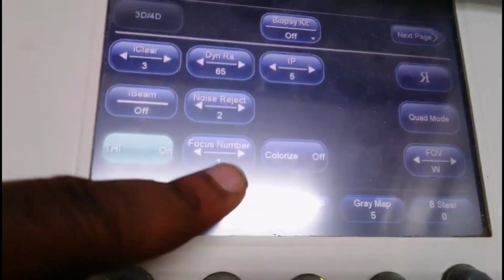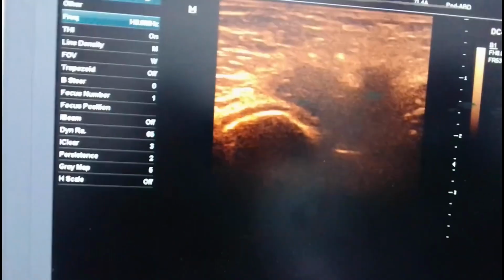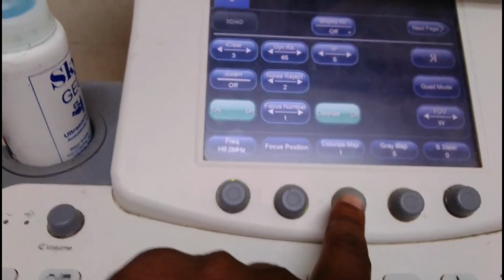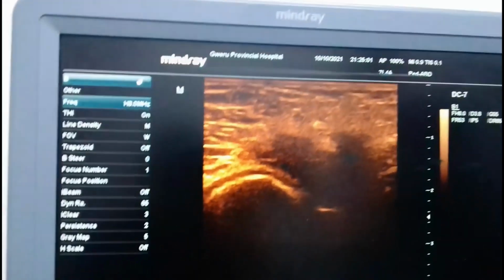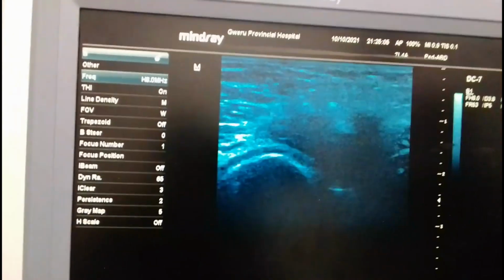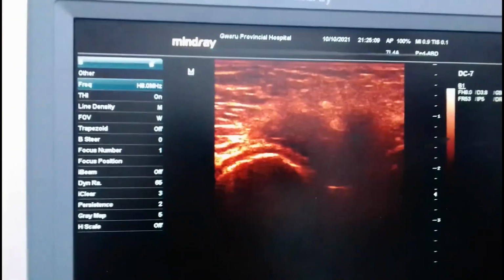So let me press it, then you see what happens. If I press it on, you can see now what is happening. The screen has changed. Now I can adjust the grayscale or the color map using these keys. So you see this key and this key. Let me adjust the color, then you see what happens. You see I'm adjusting. You can appreciate that there are changes taking place.